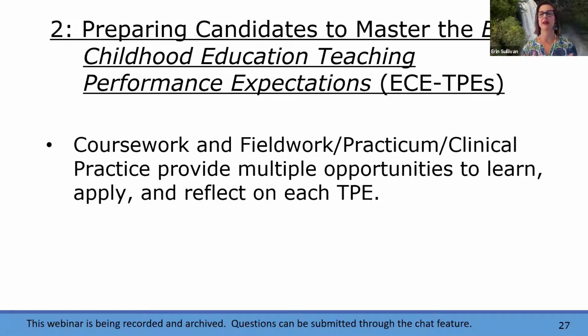There is always a guideline or a standard within our program standards that talks about how the program is going to help candidates master these performance expectations. So guideline 2 covers how the programs will ensure that candidates are introduced to the concepts in the TPEs, and then ensure that those candidates have opportunities to both practice and demonstrate the competencies and be assessed on their proficiency